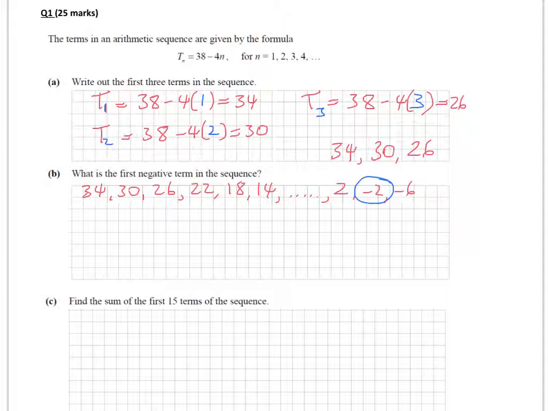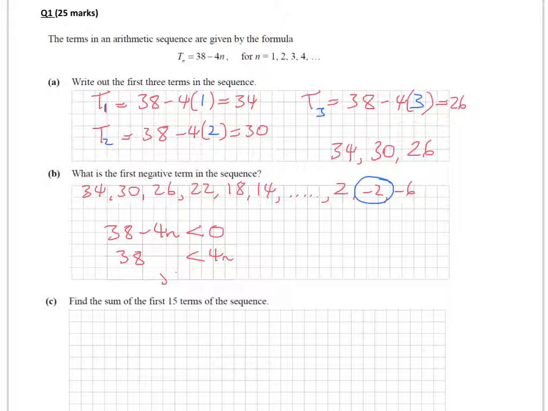And the third, and I suppose the most mathematically correct way of doing it, would be to take the formula, 38 minus 4n. This sequence is defined by this formula, and we want to know when this formula is going to be less than 0. So we're solving this inequality, which is something you've done from junior certificate. So if I add 4n to both sides, I get 38 is less than 4n, divide by 4, and I'm going to end up